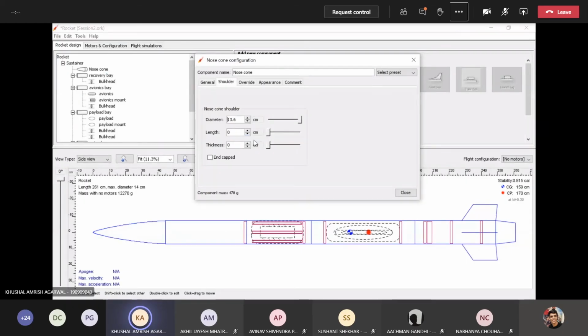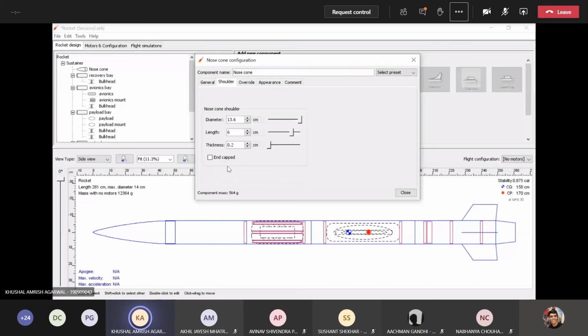The length will be 6 centimeters, and the thickness will be the same as the nose cone, 0.2 centimeters. As you can see, a shoulder has been added to the nose cone.